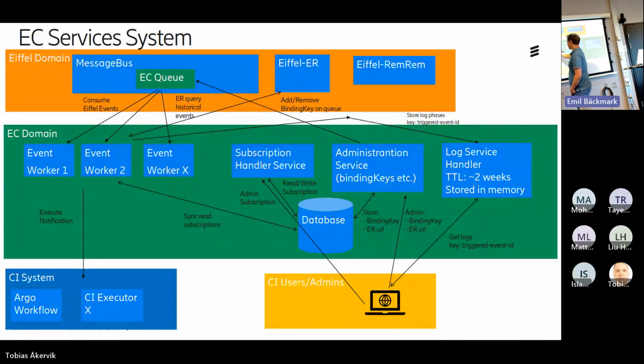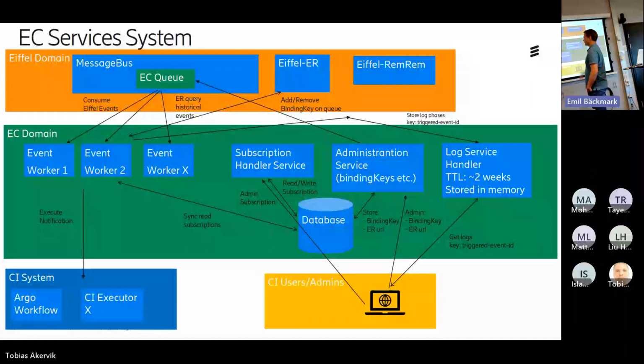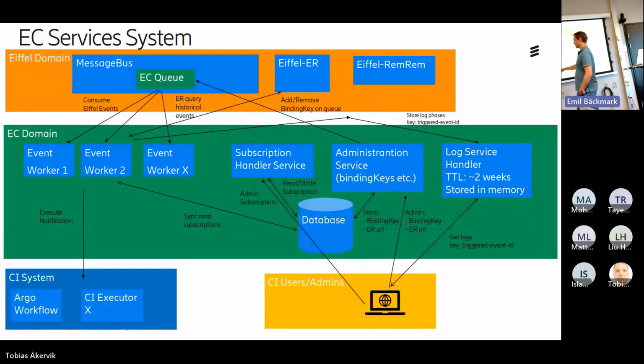So it's always syncing the subscription directly from the database. So it would be the database connection. It reads always from the database directly, and does the subscription matching against the full event that it gets. And if there's no match, then you just throw it away. If it's a match, then it goes on. And then the event asks for the IP, if it's required. If it doesn't want to have data from the event, then it will do the notification directly to